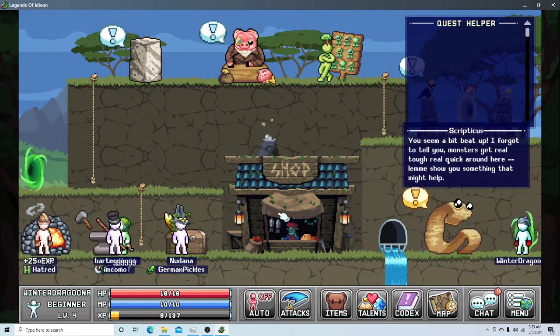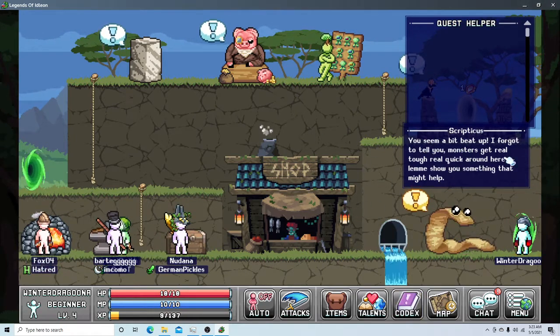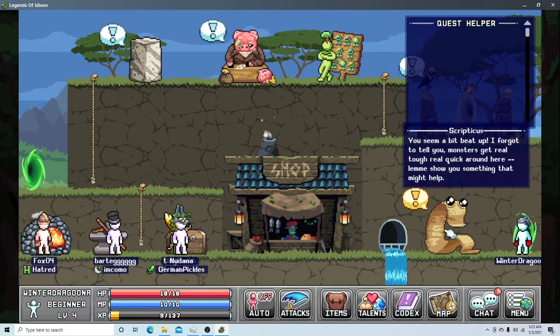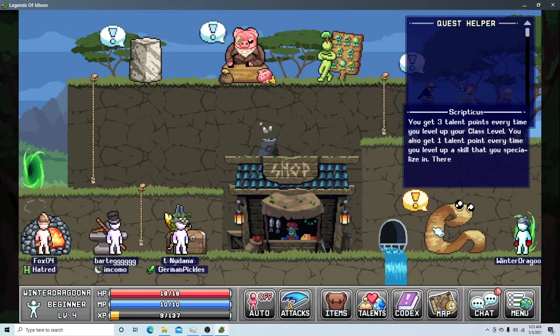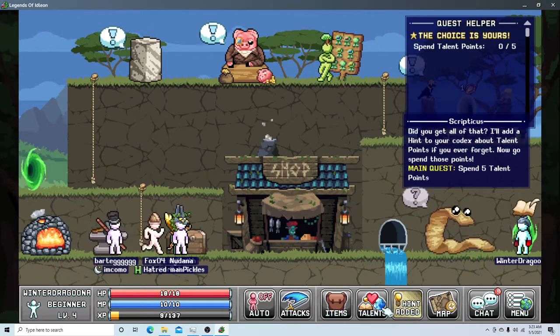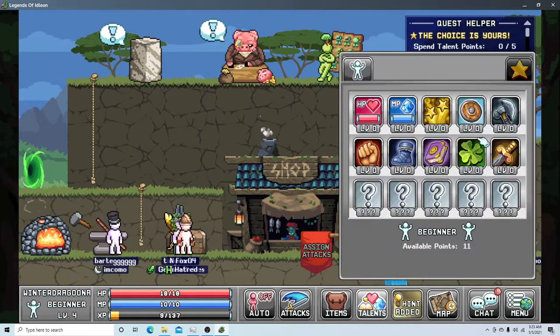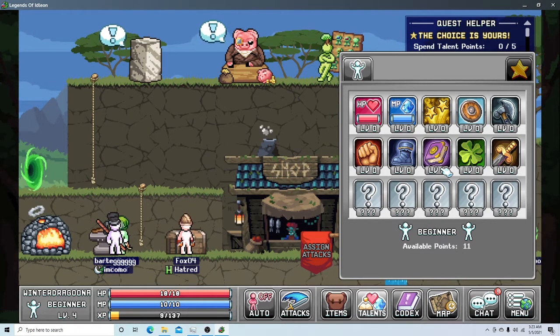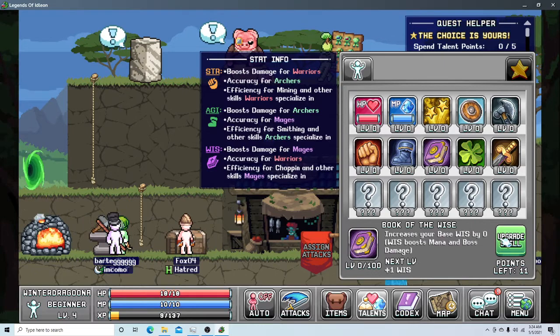Now, if you want to read the dialogue, I recommend it when you play the game. It's really good and sometimes pretty funny. And now it's telling me I need to assign stat points. Assign 5 of them. I don't really like assigning stat points, but we're going to go with